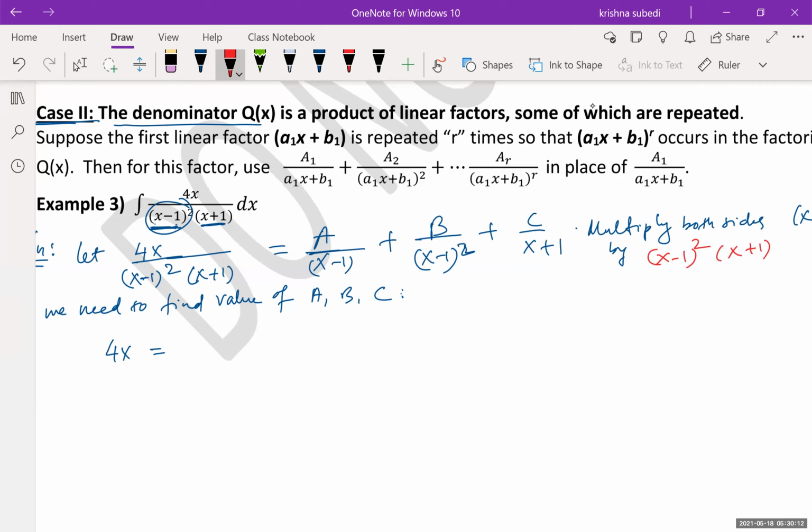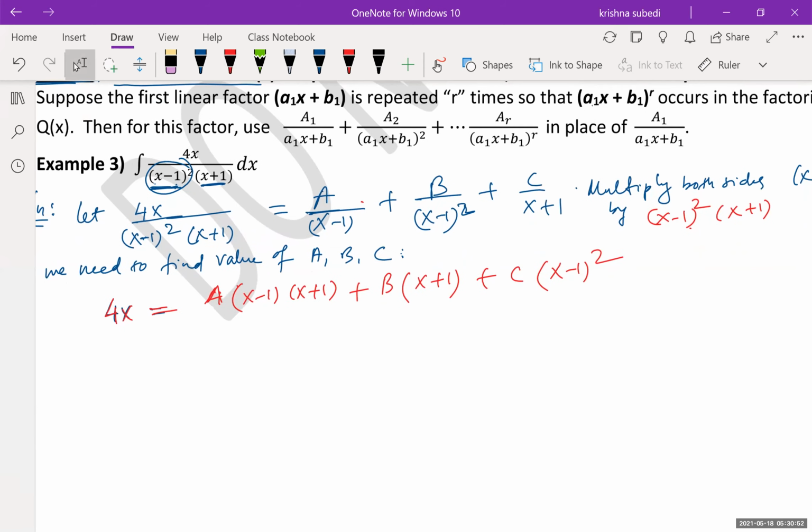Okay, so that you're going to get 4x on this side equals, this side will be a, and what do you get here? x minus 1 cancels, you're going to get x minus 1 and x plus 1. On this side, I'm going to multiply this by this one. So one factor, x minus 1, is canceled, so you're left with that, plus b times, so x minus 1 square cancels out, so you're left with x plus 1, plus c times x minus 1 square. All right, now